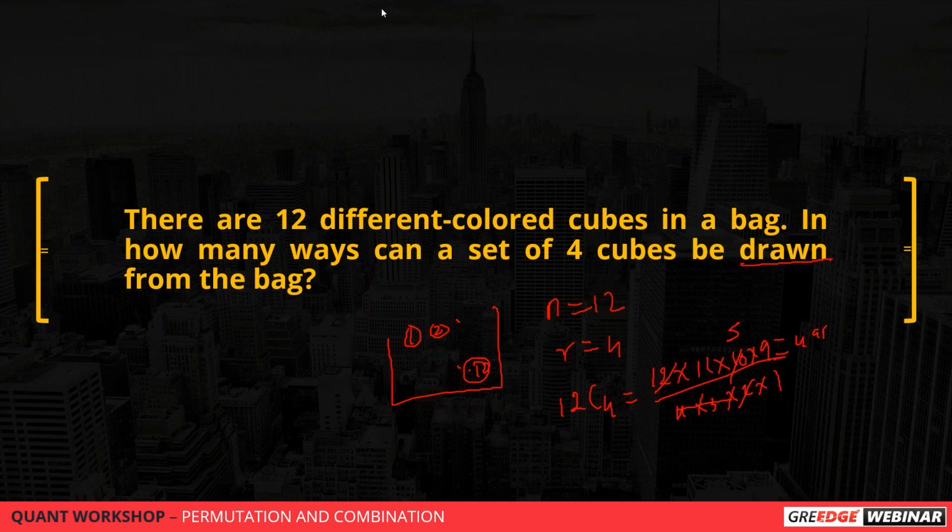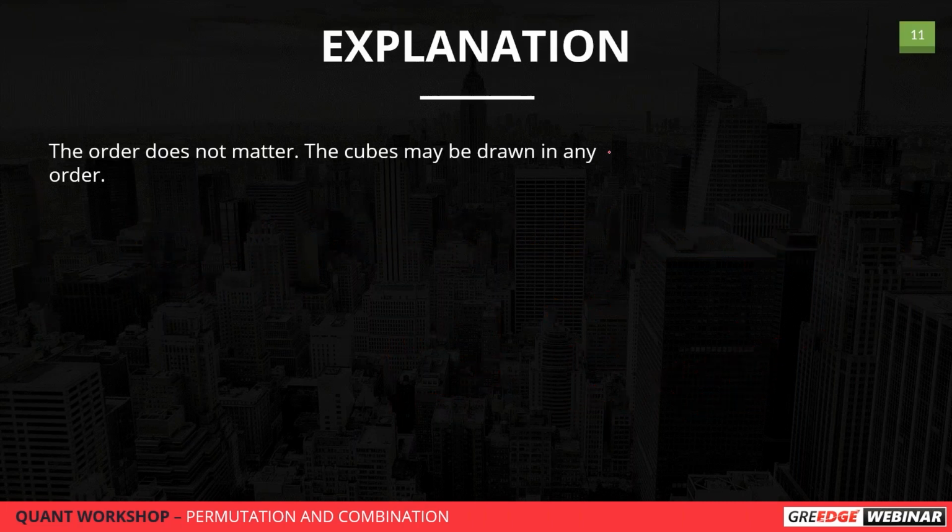Clear, everyone, how we are doing this? So do not confuse it with permutation here. The question is just asking you to select and check how many possible ways you can choose 4 different colors. Got it now? What are the rest? Are you clear with this? Okay, fine. We'll move to the next one.